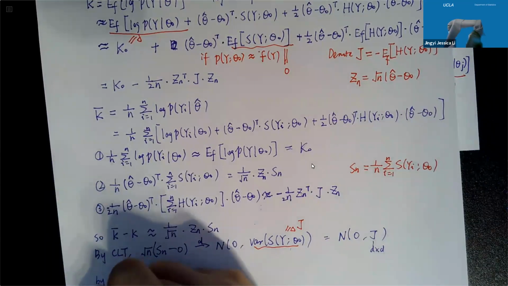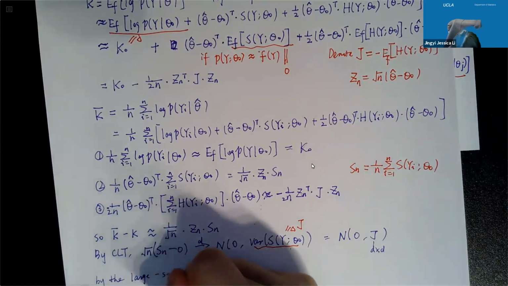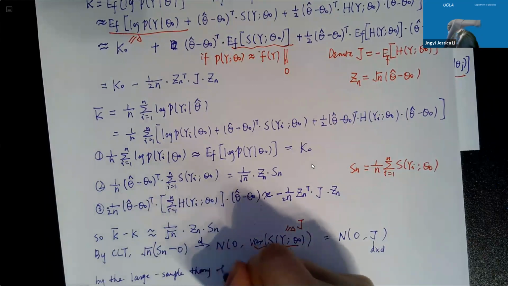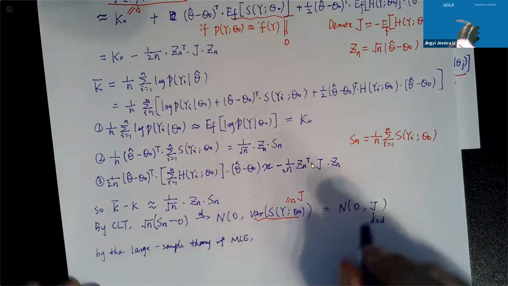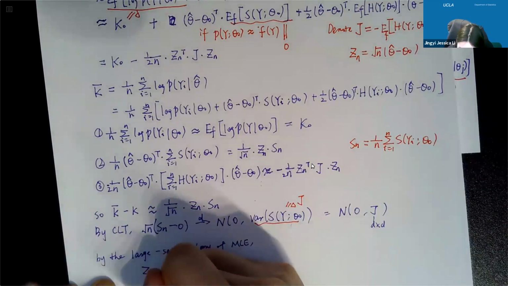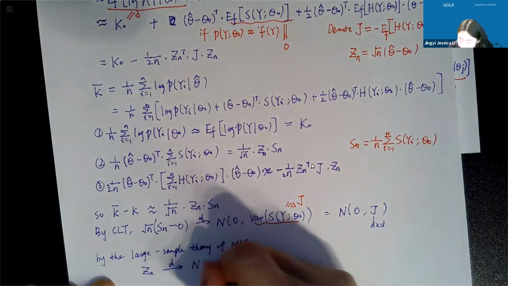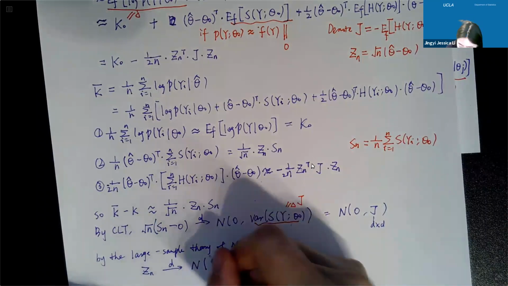By the large sample theory of MLE, we are going to have Zn itself converge in distribution to a normal, also d-dimensional, with 0